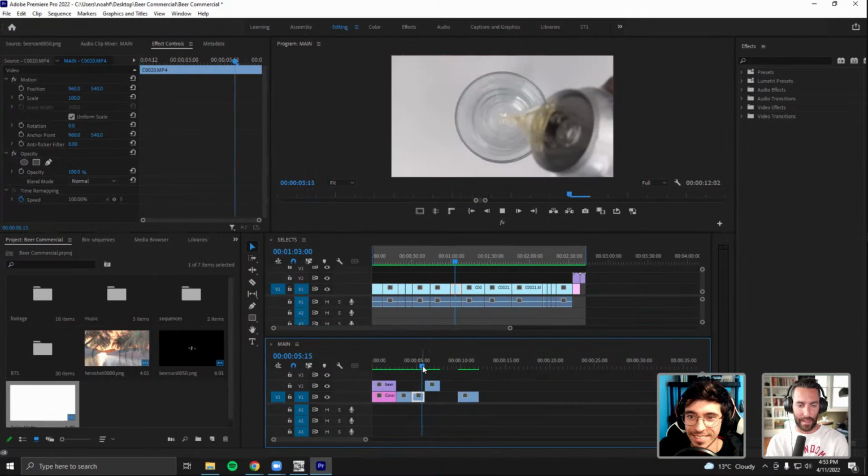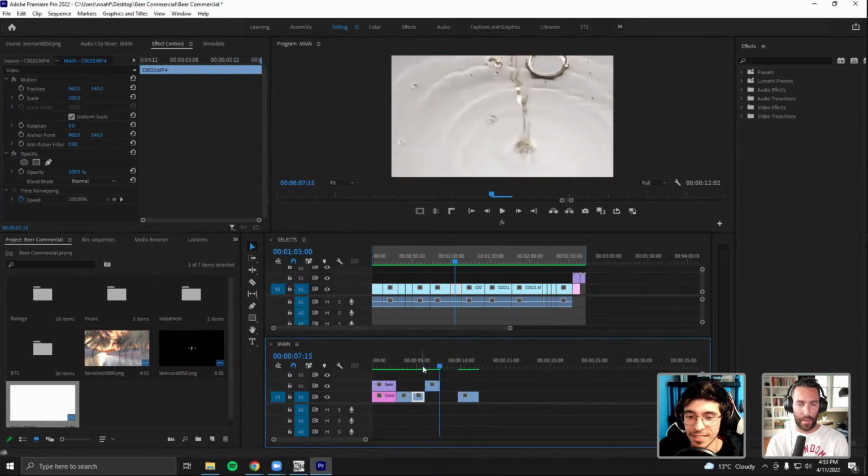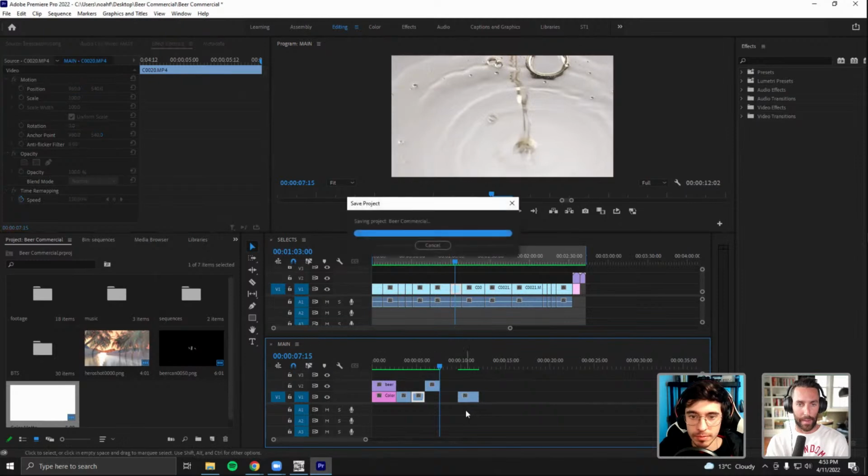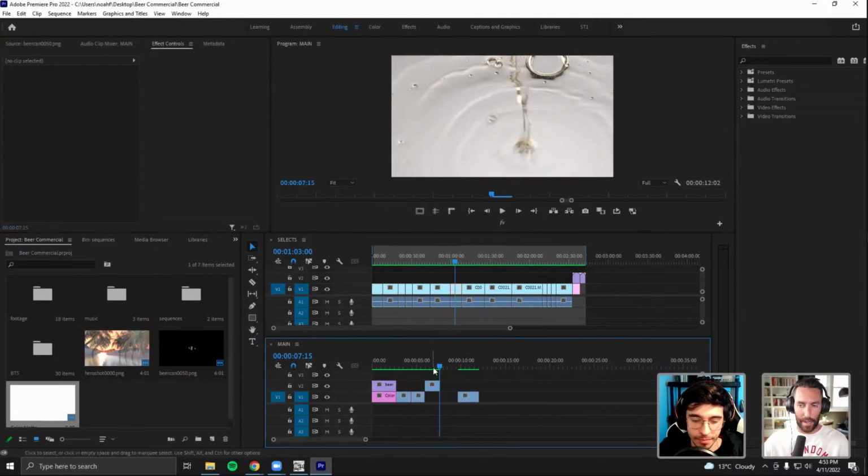It's cool too. I feel like making sure there's always something happening, and you're cutting out any of the dead space. So you're not taking a second of the beer not getting in the glass. You're taking the beer actually pouring into the glass, and it just keeps it moving again. That's the hook.